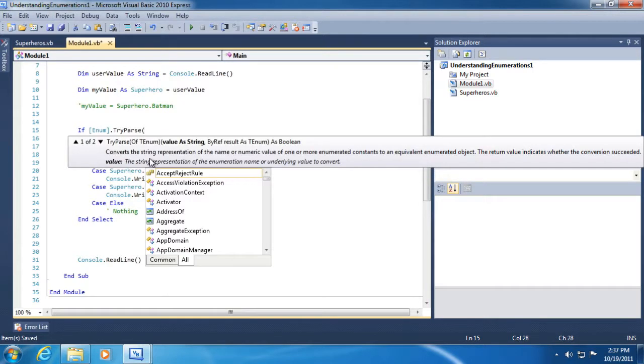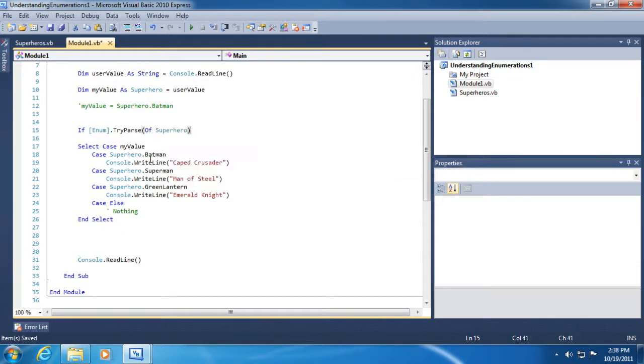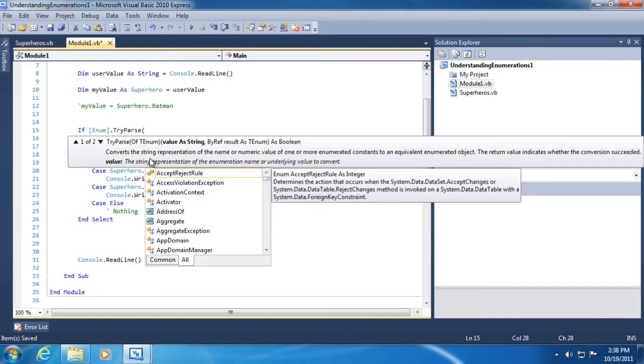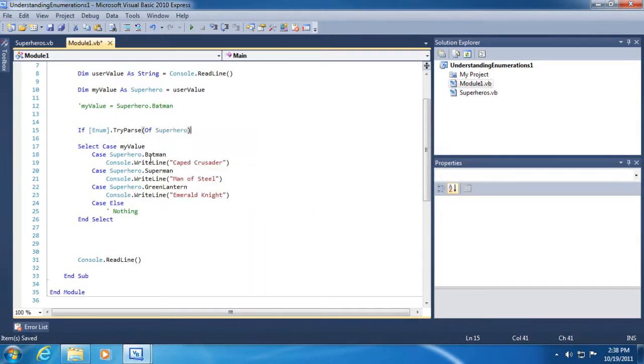So try parse. Now what data type are we going to try to parse our string into? Well, of superhero. Again, this is a very advanced notion. I don't want to talk about generics right now. So just follow along and remember that if you ever see of TEnum, it's asking for a data type, the data type we want to turn this into. So of superhero,